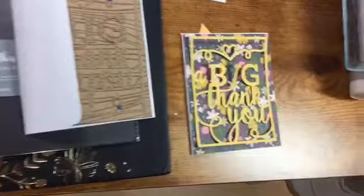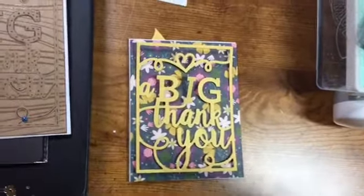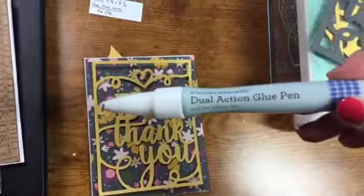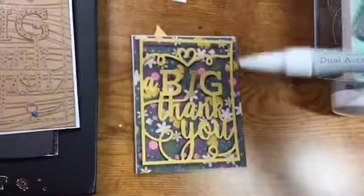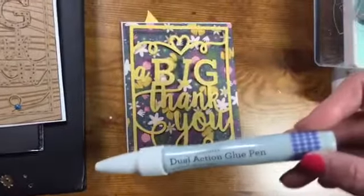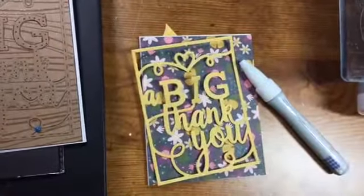I will also use the Close to My Heart Dual Action Glue Pen to glue this down. I'll put it on my Versamat so that I'm able to put a lot of liquid on that. You could also use glue dots. There's various things that you could use. This has been very successful. I also like to use the